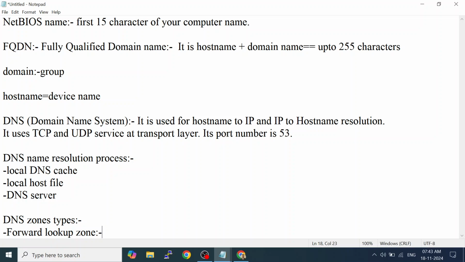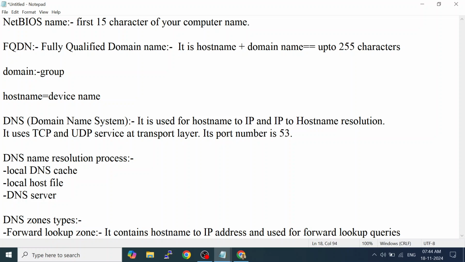What does forward lookup zone mean? It contains host name to IP address mappings and is used for forward lookup queries.